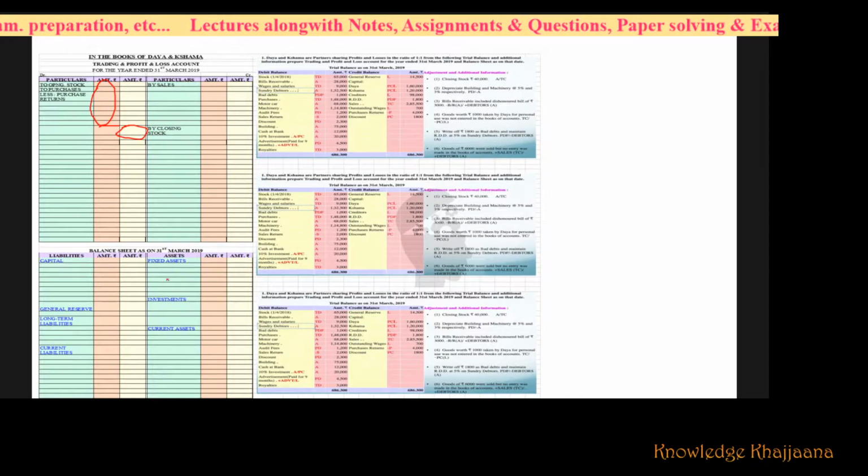And for the asset side, fixed assets, investments and current assets. So you can note down at least these headings and post the respective items accordingly. For example, fixed assets: machinery, building, land, motor car. You can post these in the fixed asset category. Similarly for investments, and many items come into the category of current assets. So we will start to solve the problem.